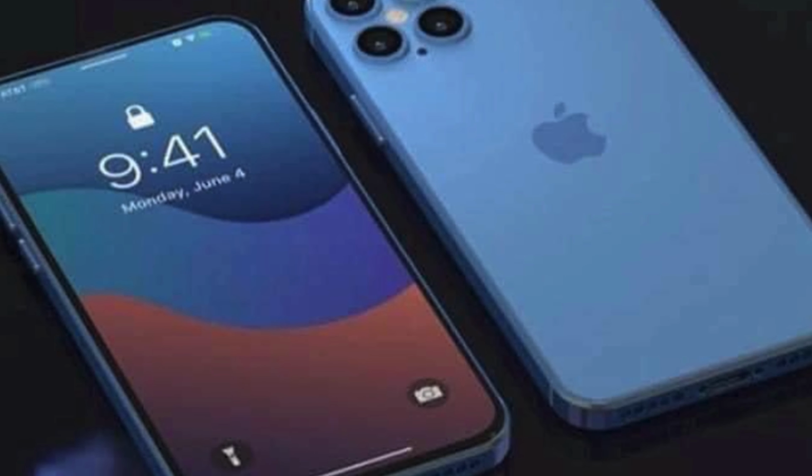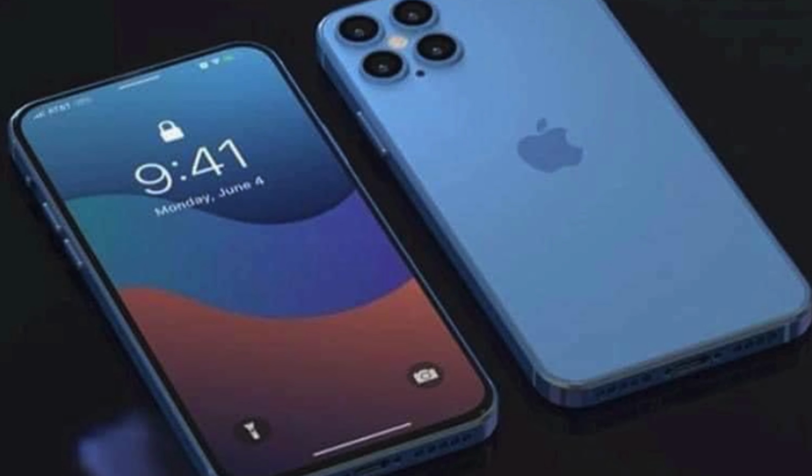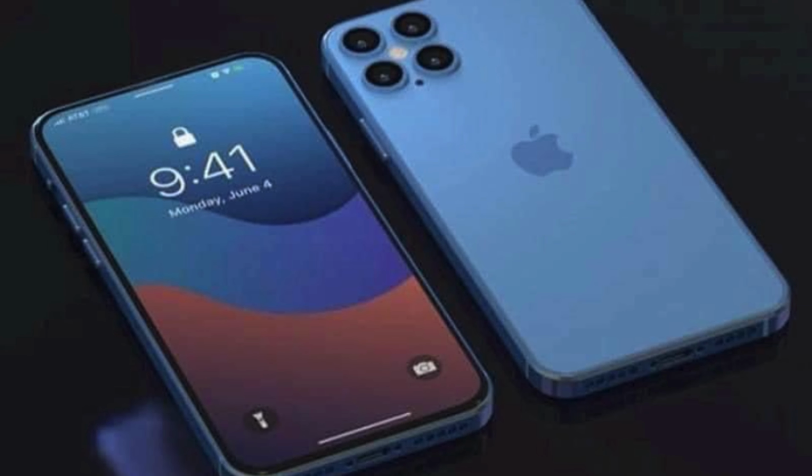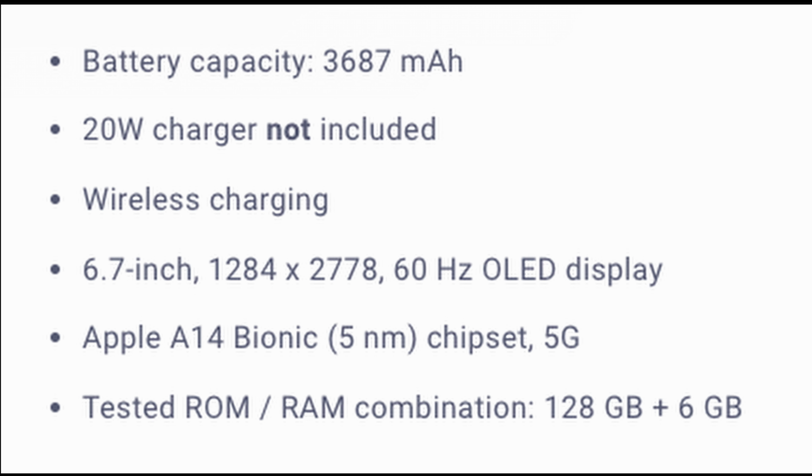First story of the day is about this phone, the iPhone 13 Pro Max, and a little bit of battery information, but more about what you're going to get with the battery information and the ultra high fast refresh rate on the 13 Pro Max. This information comes from Mr. Ice Universe, who says that the iPhone 13 Pro Max will have a battery size of 4,352 milliamps, which if you think about that in Android terms, it's usually not that much. But compared to, say, something like an iPhone 12 Pro Max, which has a battery size of 3,687 milliamps, it's